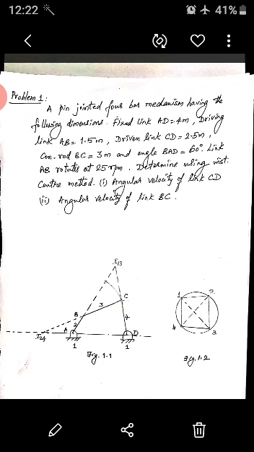Now you can see the space diagram, figure 1.1. The given figure is drawn by us. It is actually not given in the question paper. It is given fixed length KD is equal to 4 meters and driving length KB is equal to 1.5 meters. When it is given in meters, we have to take some scale. So the figure 1.1 is drawn to scale 1:100. That means 1 centimeter on the drawing represents 1 meter actually. So 1.5 meters is the length of AB.